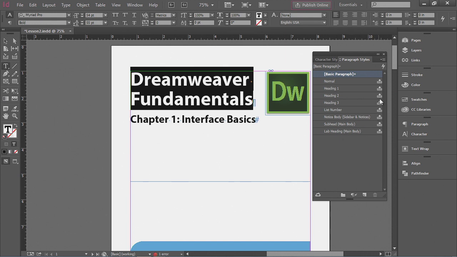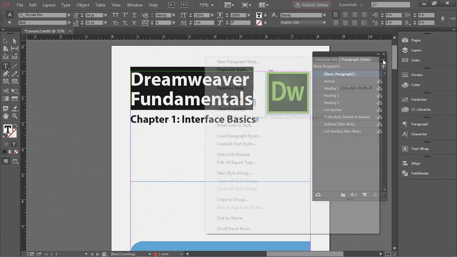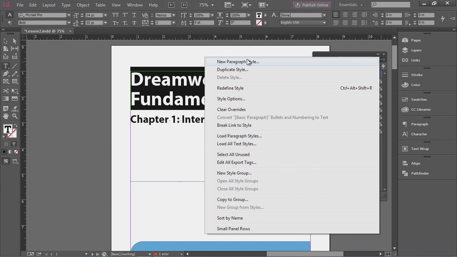They came from our Word document. In fact, the little indicator here to the far right of each of the styles in the Styles panel is telling you this is imported from an external document. So this particular text, Dreamweaver Fundamentals, is using this basic paragraph style, which is basically none. I want to go to the top right corner of the Styles panel, click the menu, and choose New Paragraph